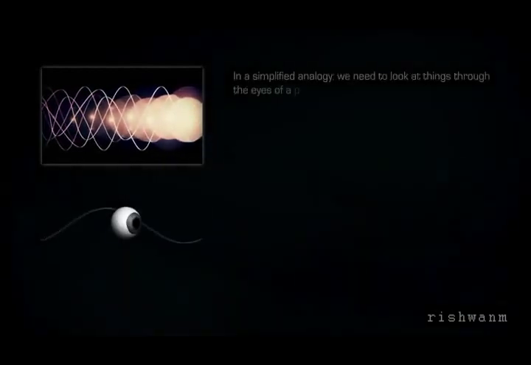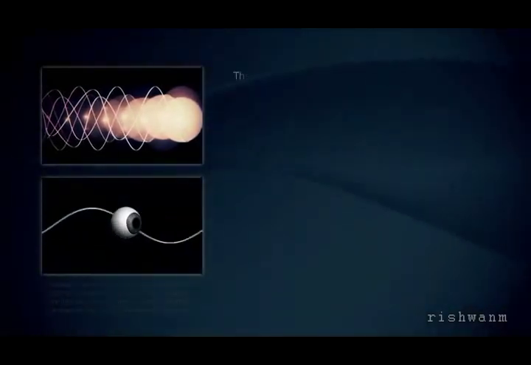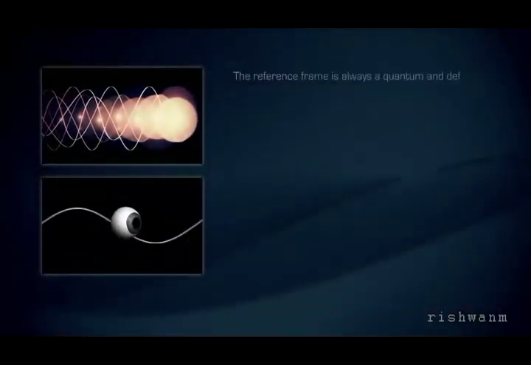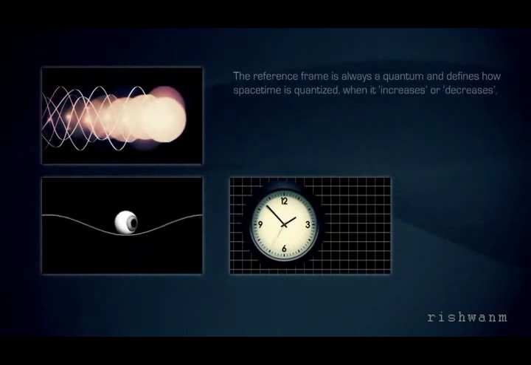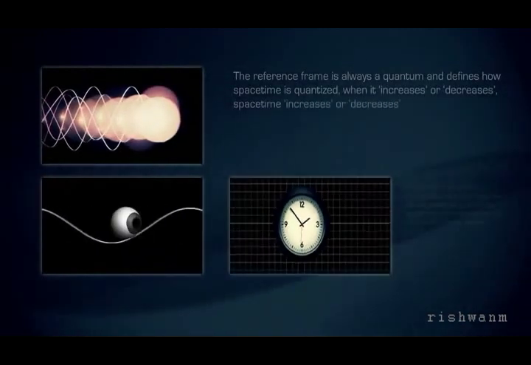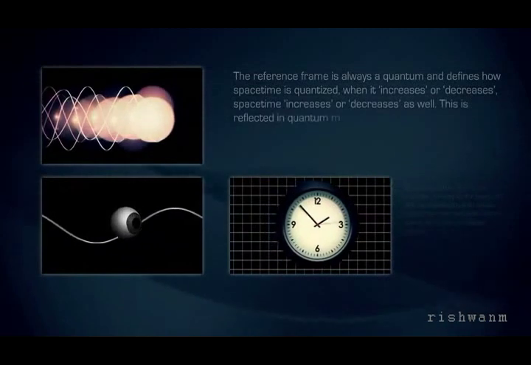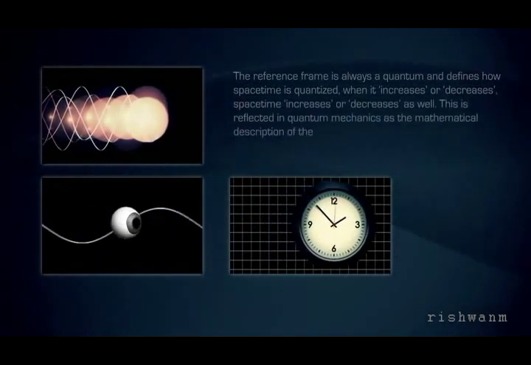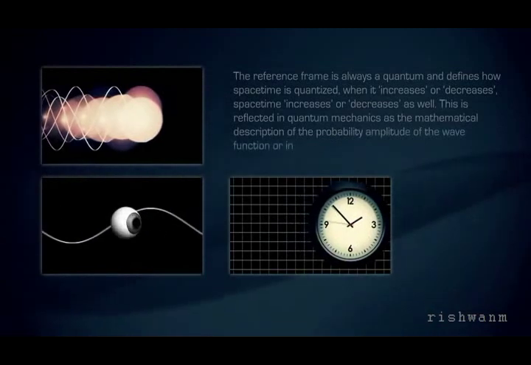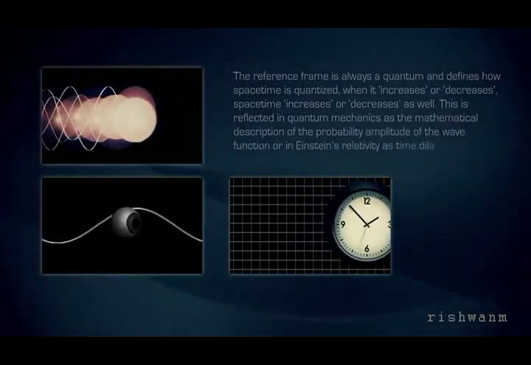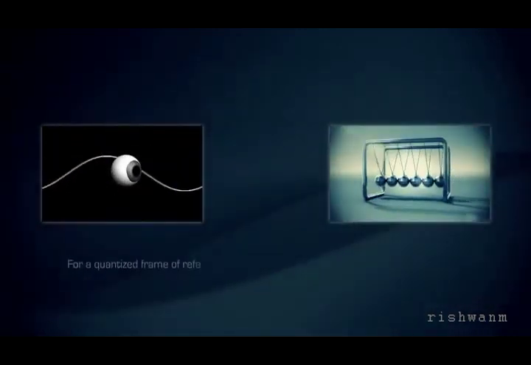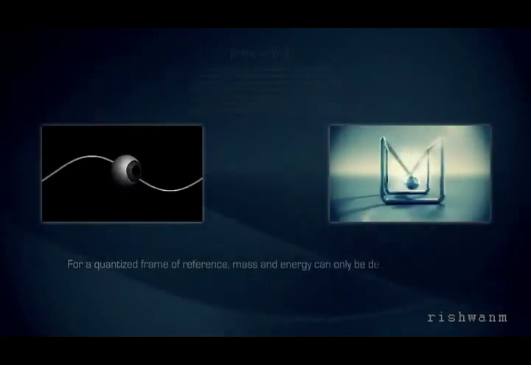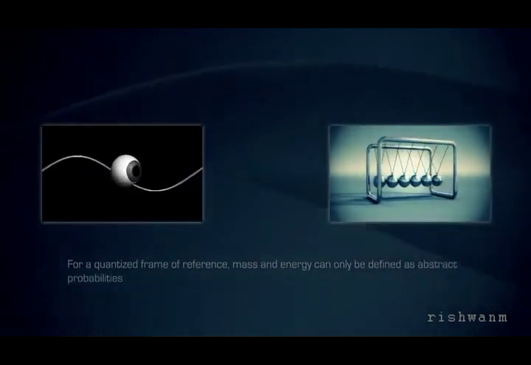In a simplified analogy, we need to look at things through the eyes of a photon. The reference frame is always a quantum and defines how spacetime is quantized. When it increases or decreases, spacetime increases or decreases as well. This is reflected in quantum mechanics as the mathematical description of the probability amplitude of the wave function, or in Einstein's relativity as time dilation and length contraction. For a quantized frame of reference, mass and energy can only be defined as abstract probabilities, or if we